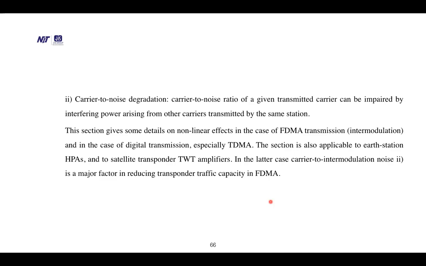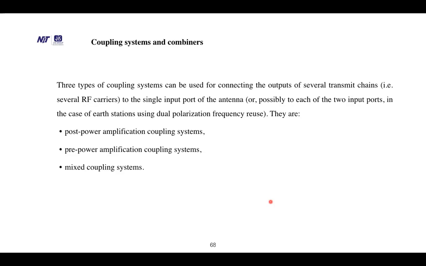This section gives some detail of nonlinear effects of FDMA transmission, and in case of digital transmission, especially TDMA. So FDMA is frequency division multiple access, and TDMA is time division multiple access. So these are different kinds of modulation, and their advantages and disadvantages are shown over there. So coupling system and